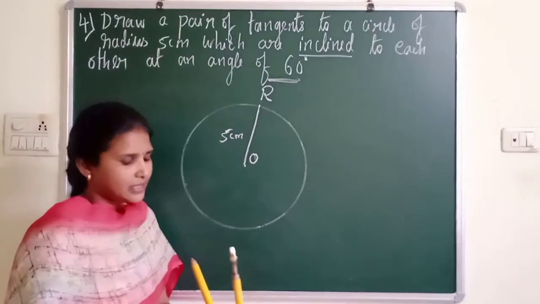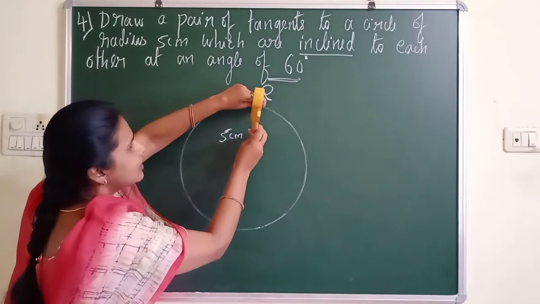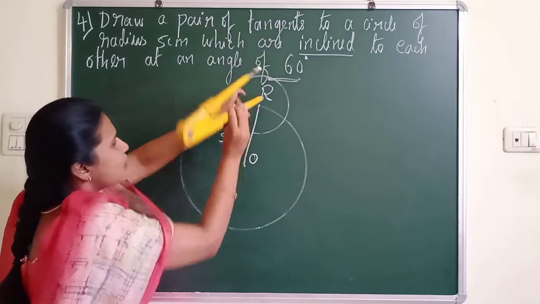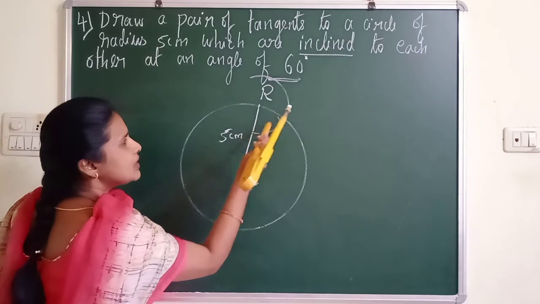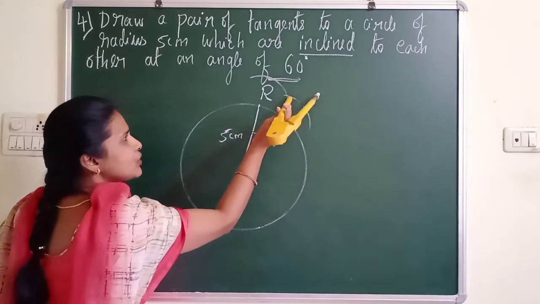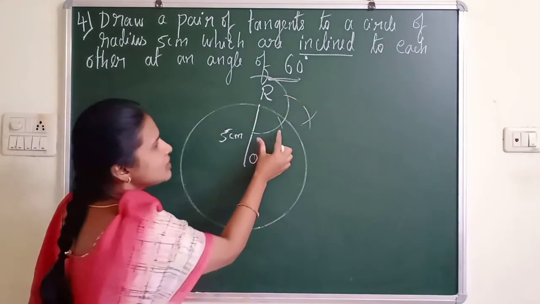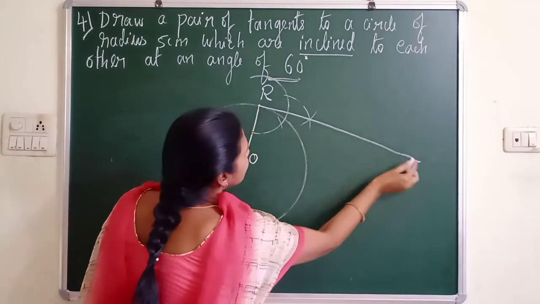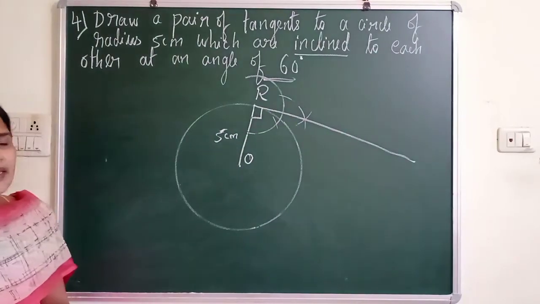Now how should I draw 90 degree here? Be careful to draw here 90 degree because I can't rotate. You can rotate your book and you can draw. So this is one point of contact. So from here I have to draw, this is 60, this is 120. Again you have to break as I showed before. So this I got 90. You can see this is 60 and when I join this is 30. So 60 plus 30, 90. So I constructed here 90 degree.